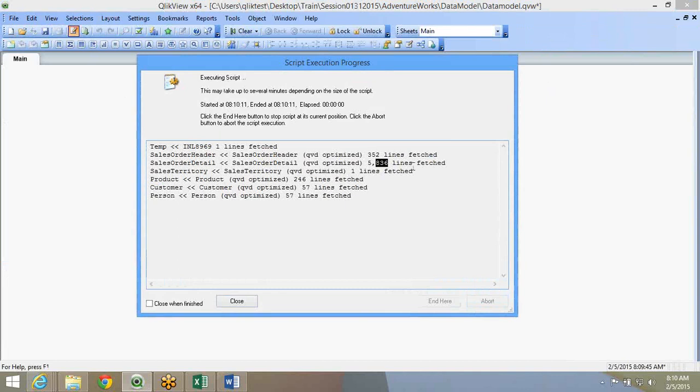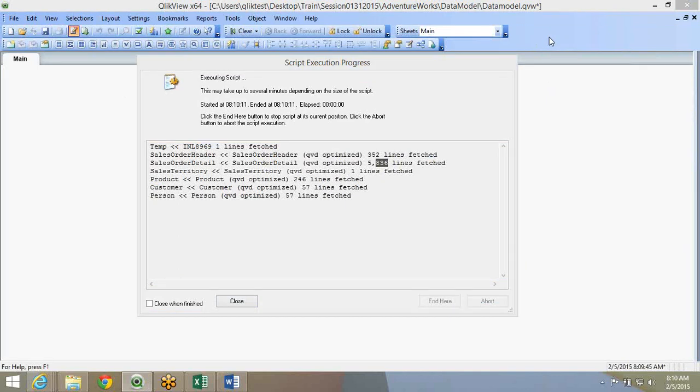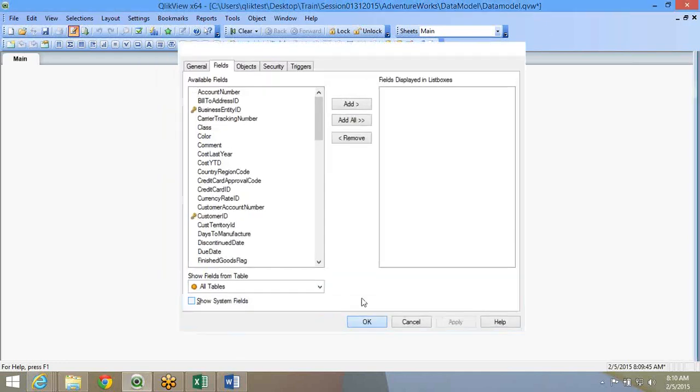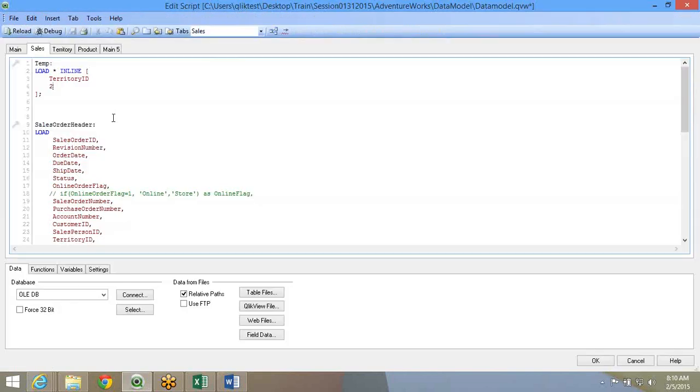In this case, all the loads are QED optimized. You can quickly add any number of territory IDs, however you want to.